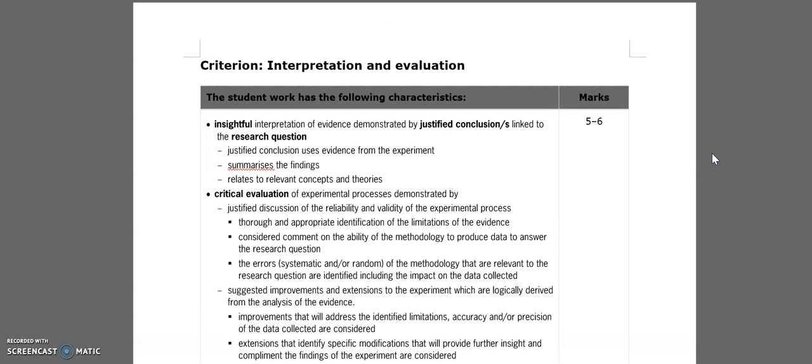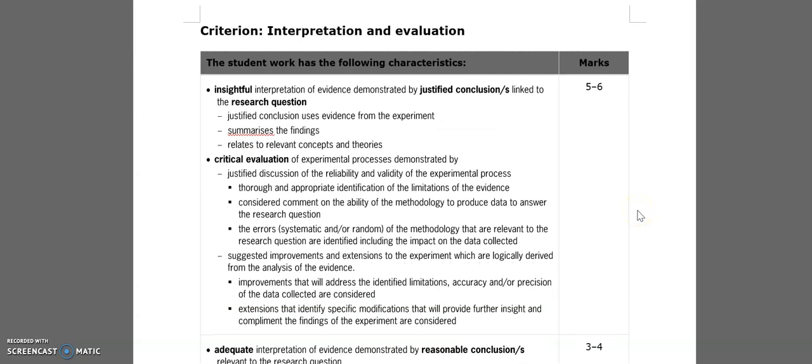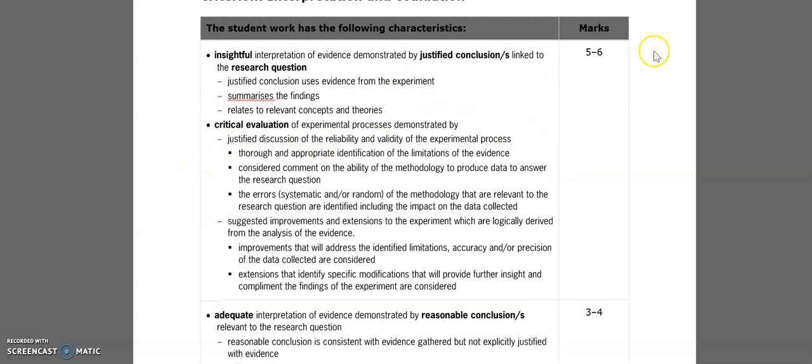Okay, this video is going to look at the final criteria, interpretation and evaluation. Now I'm going to talk about this second part of the ISMG page before I get to the conclusion. So, to get a 5 or 6, what you need to do is show critical evaluation of your experimental processes. And the way you demonstrate that is by a justified discussion of the reliability and validity of